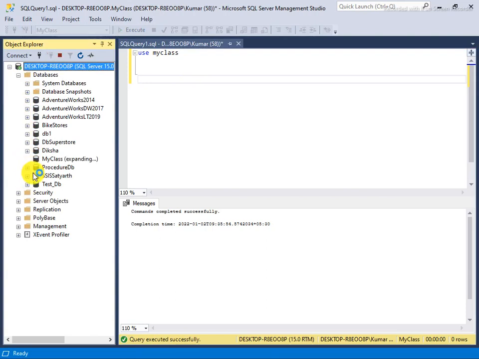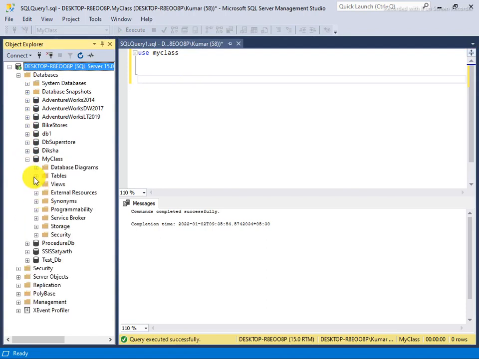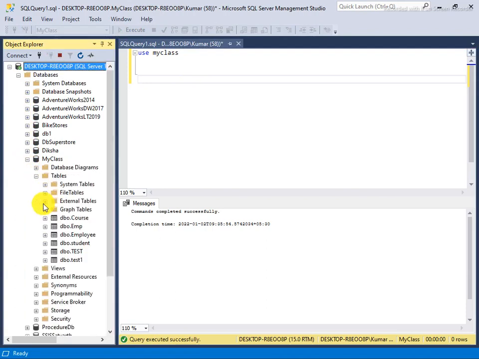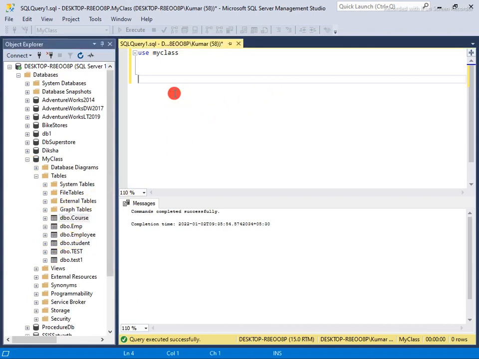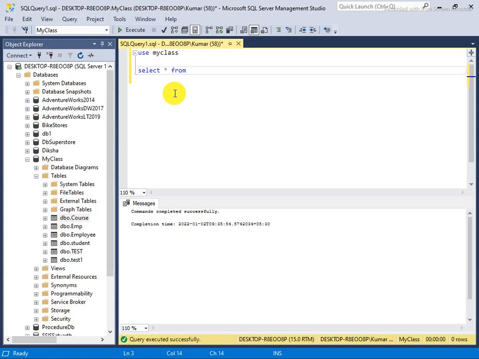This is my class database, and we will check here how many tables are there. So here some tables are here. I will take the student and course tables from zero level. Select star from course, and again select star from student.